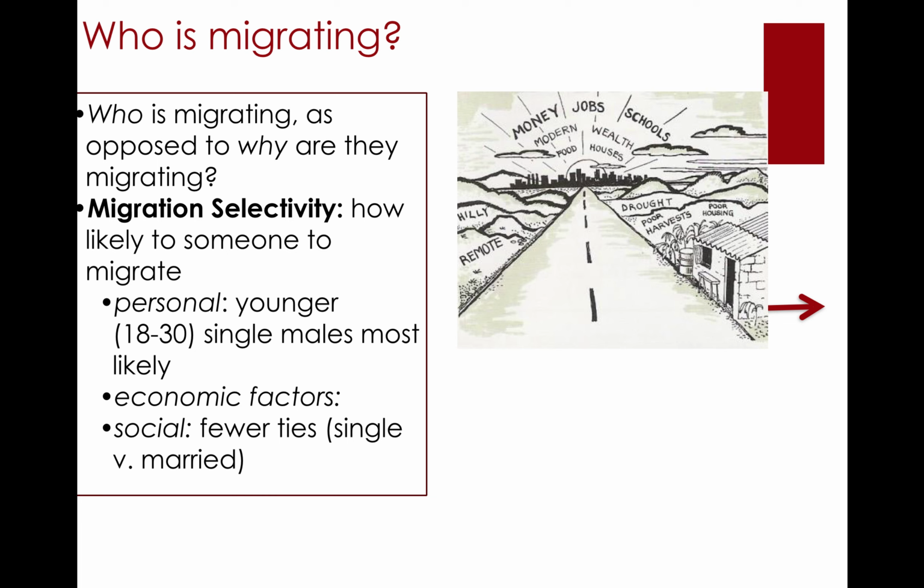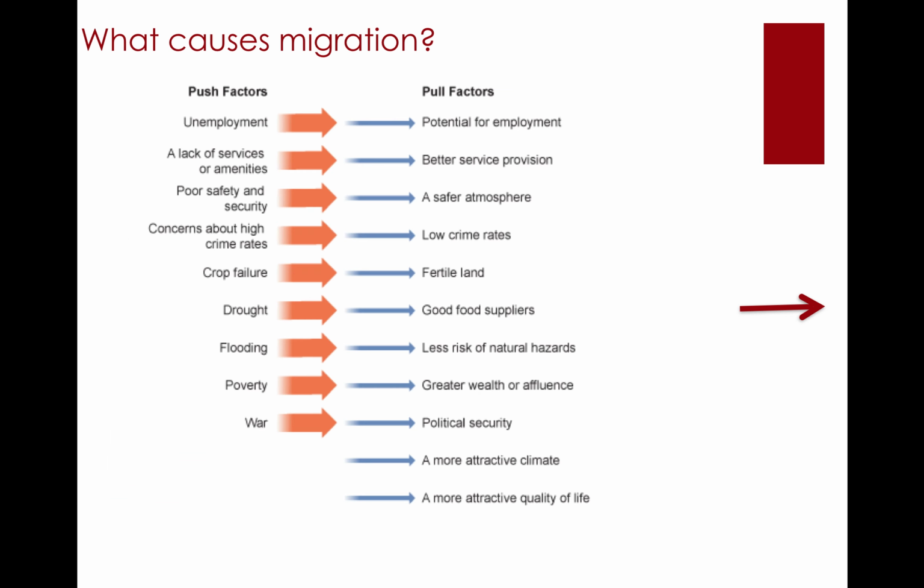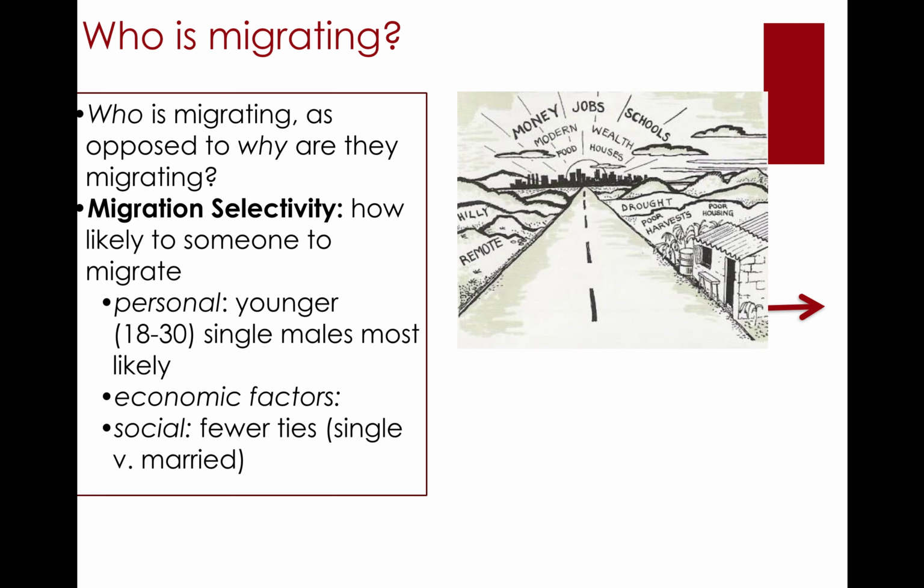So those are the push and pull factors that explain why it is that people move. And we'll return to those when we discuss who's migrating. So now let's just shift gears. What causes people to leave? Any number of factors that cause you to leave a given place. One more note I want to mention here that's not as prevalent: there's also just simple choice, right? If someone's retiring, perhaps they want to move away from a cold place to a warm place. So the push factor would be the climate. The pull factor is a more attractive climate. That helps us understand the large-scale growth of people in the Sun Belt regions of the United States. A lot of retirees want to move to a more pleasant climate. So environmental factors that are just by choice and not necessarily all disasters are also important.